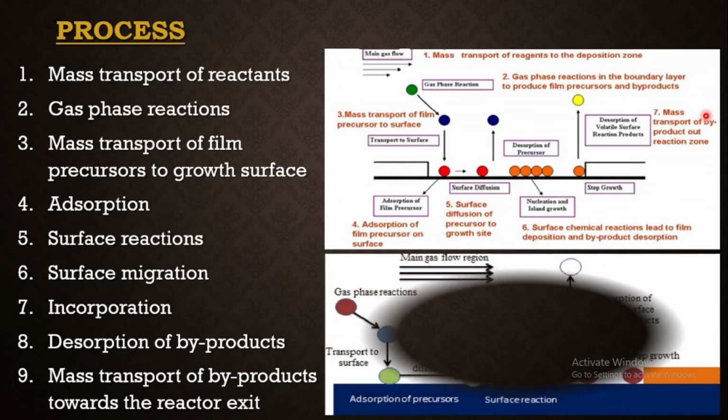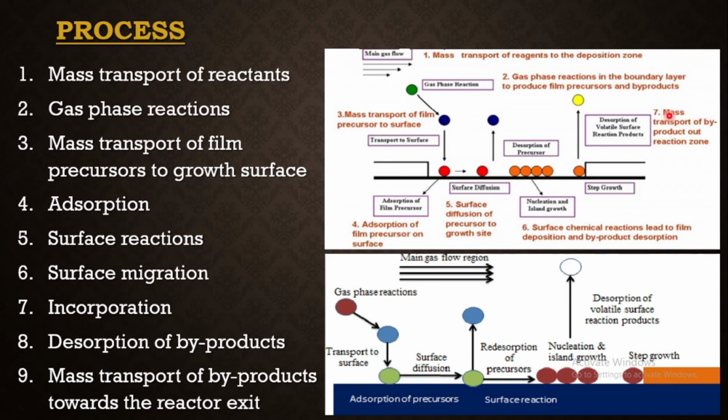So a simpler diagram is represented here, where we can observe there is a main gas flow region within the reaction chamber and the precursors are coming in, and some reactions are going to take place, that is gas phase reaction, which will be transported onto the growth surface, that is the substrate, where the adsorption of precursors takes place and surface diffusion, surface migration will be taking place, and desorption of precursors, and due to the nucleation and island growth we can observe the thin film which is deposited onto the substrate,